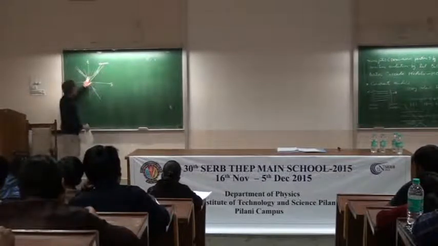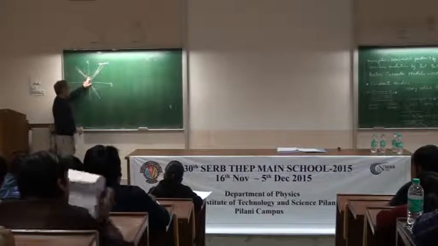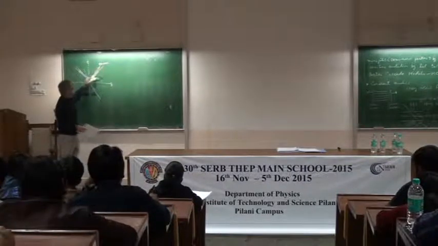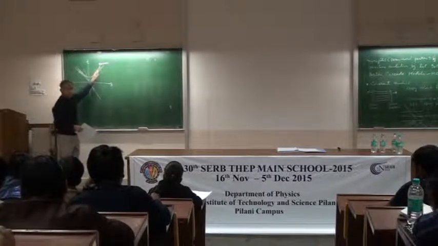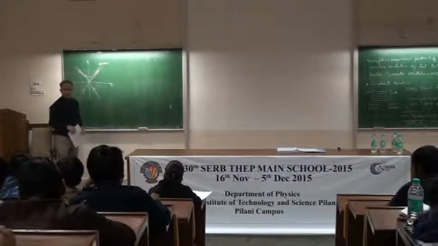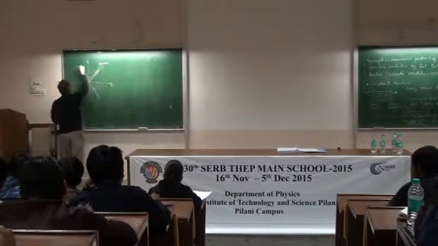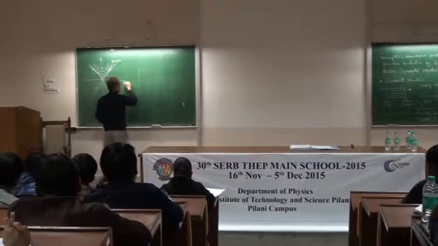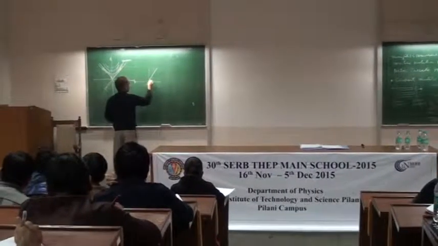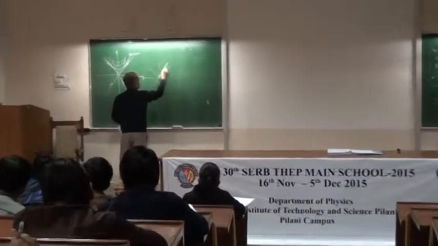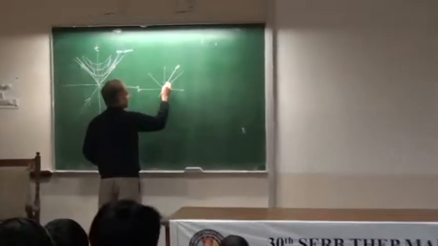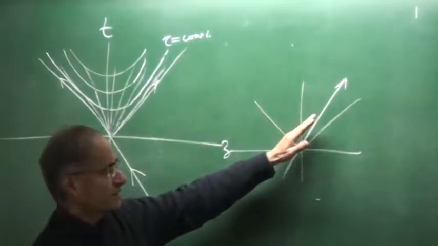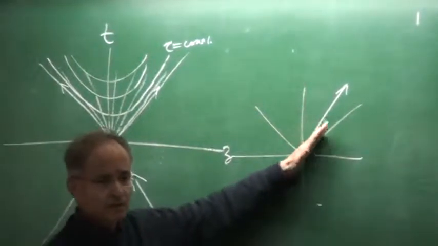So partons here at z equal to 0, and those which are here at very different values of time and z, since they have the same tau, they are at the same stage of evolution. So these are the various hyperbolas. Now look at this single line. This is the light cone. And look at one line here. I'm not saying this is the trajectory of any particle, but I have just drawn a single straight line.